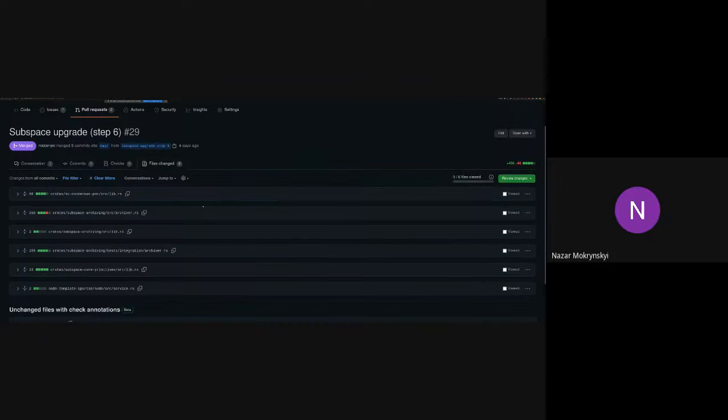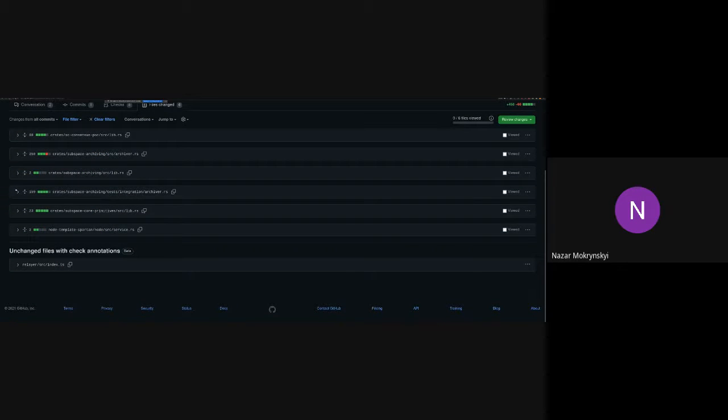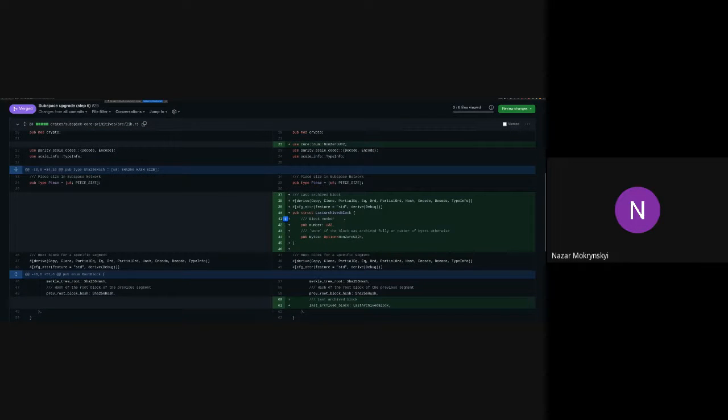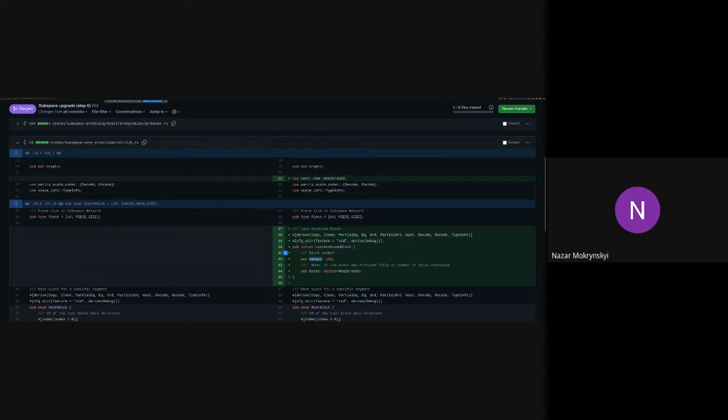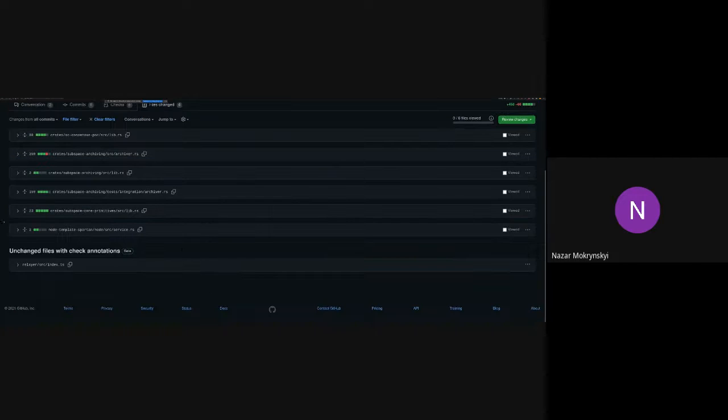So the first step for that was to go to the core primitives and add a last archived block field to our root block. And that contains the number of the block that was archived, and it also contains how many bytes we've archived. So if it's none, then we've archived the whole block, which is useful to know. Otherwise, it is how many bytes we've archived, so we can continue from there onwards. And then there is a bunch of logic inside of the archiver